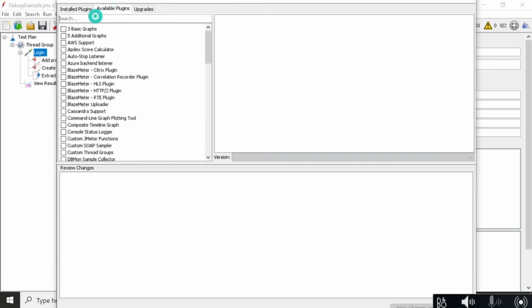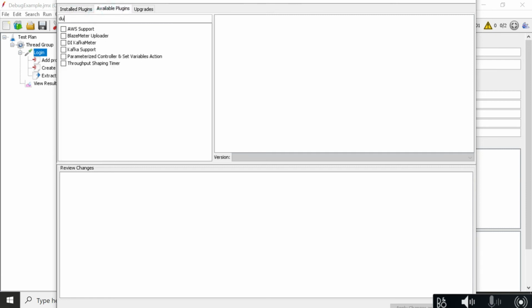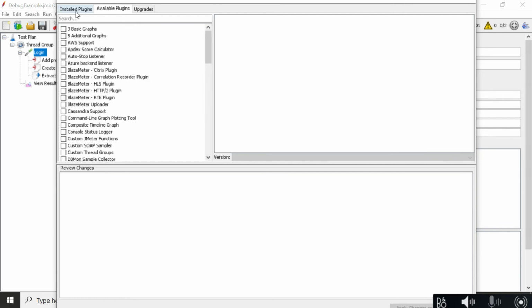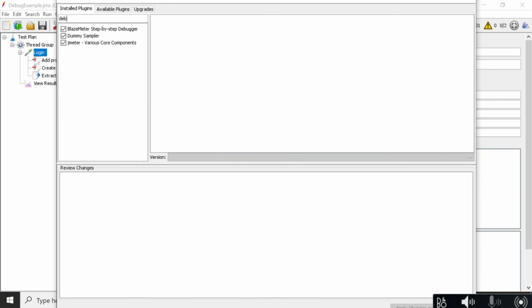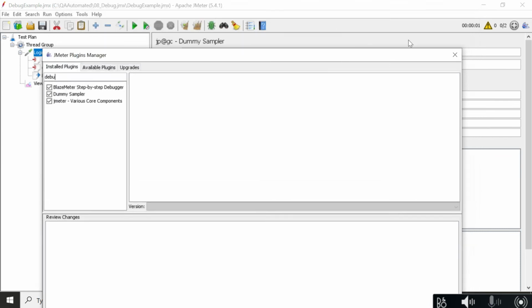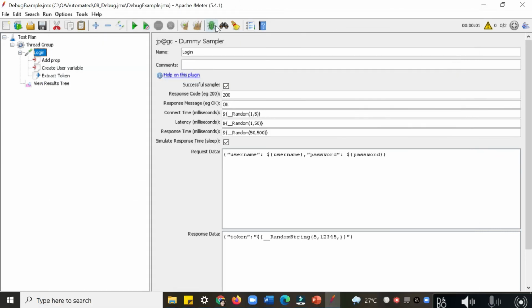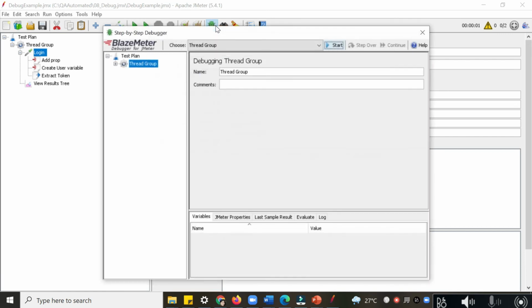In the available plugins, you can check the debugger. I will not be able to see it here because it's already installed, so I can check in my installed ones. See, BlazeMeter step-by-step debugger. Install this particular plugin, then you will get this icon. Now let's launch this.